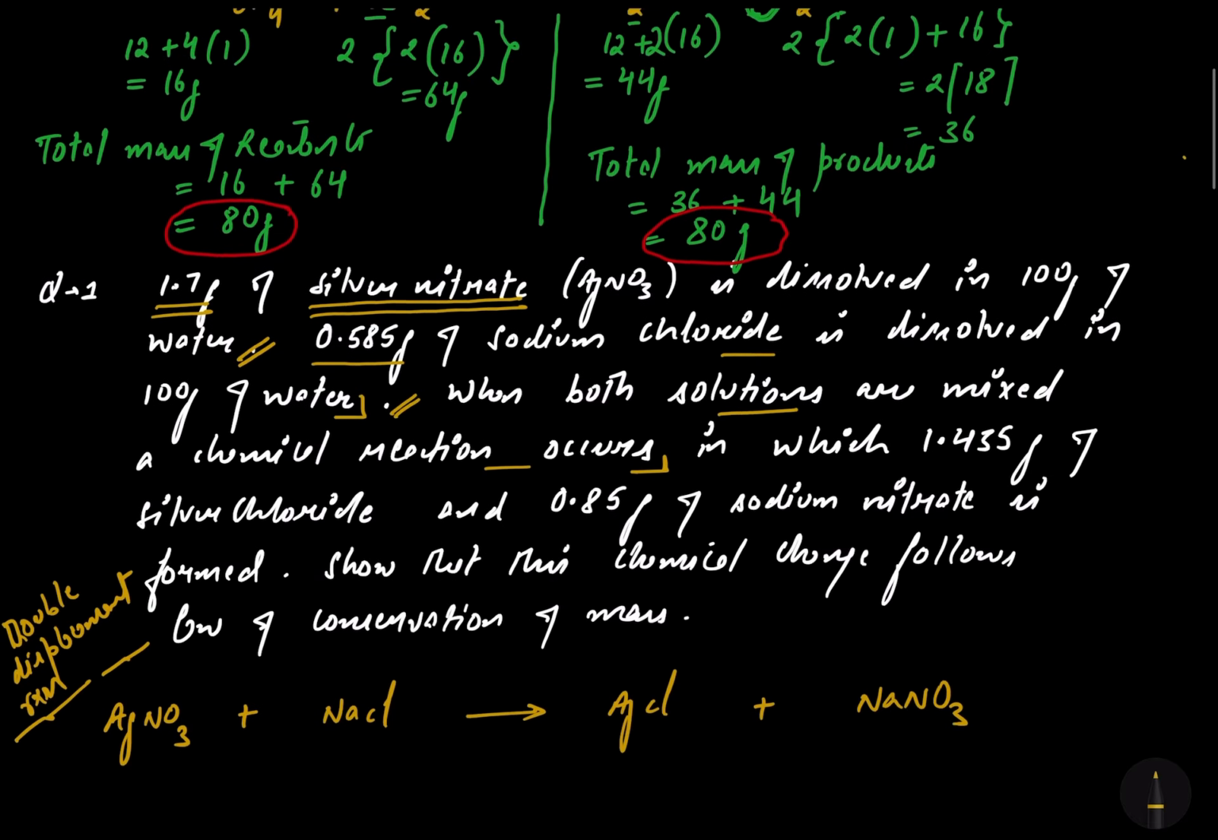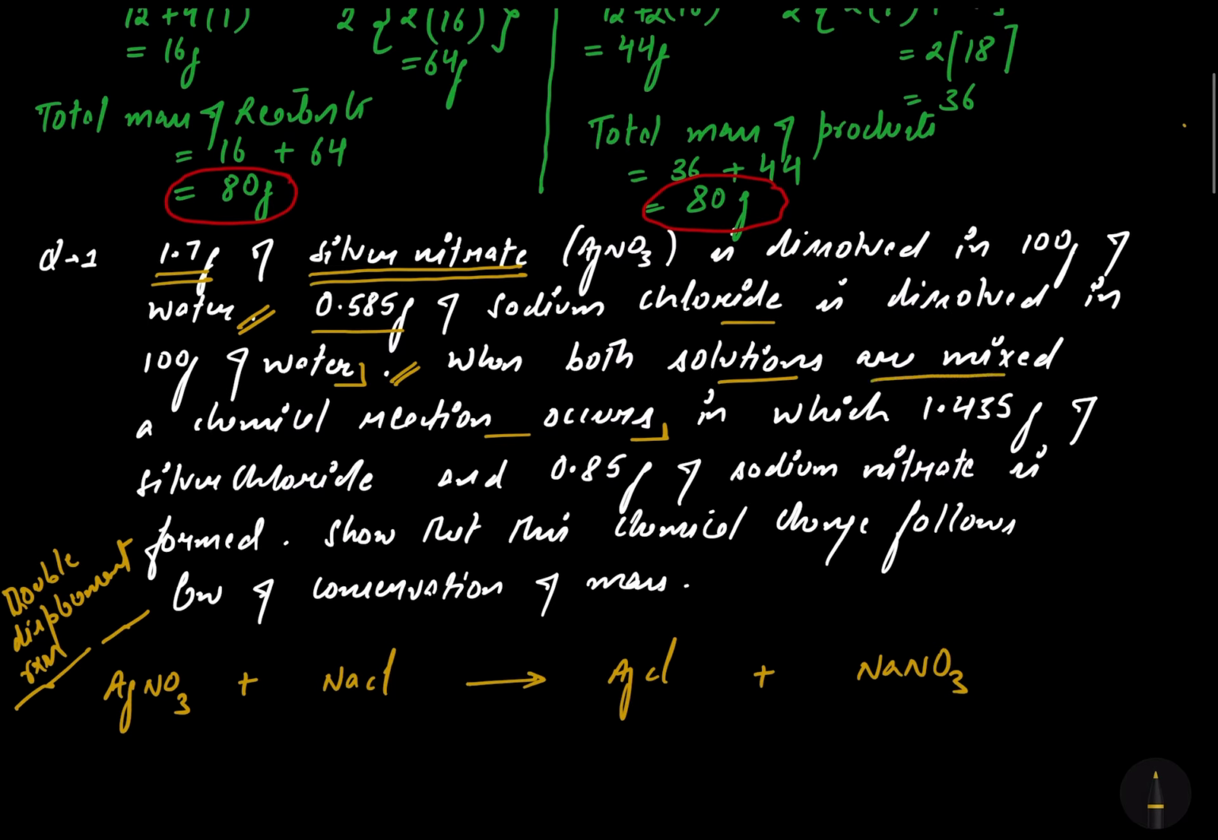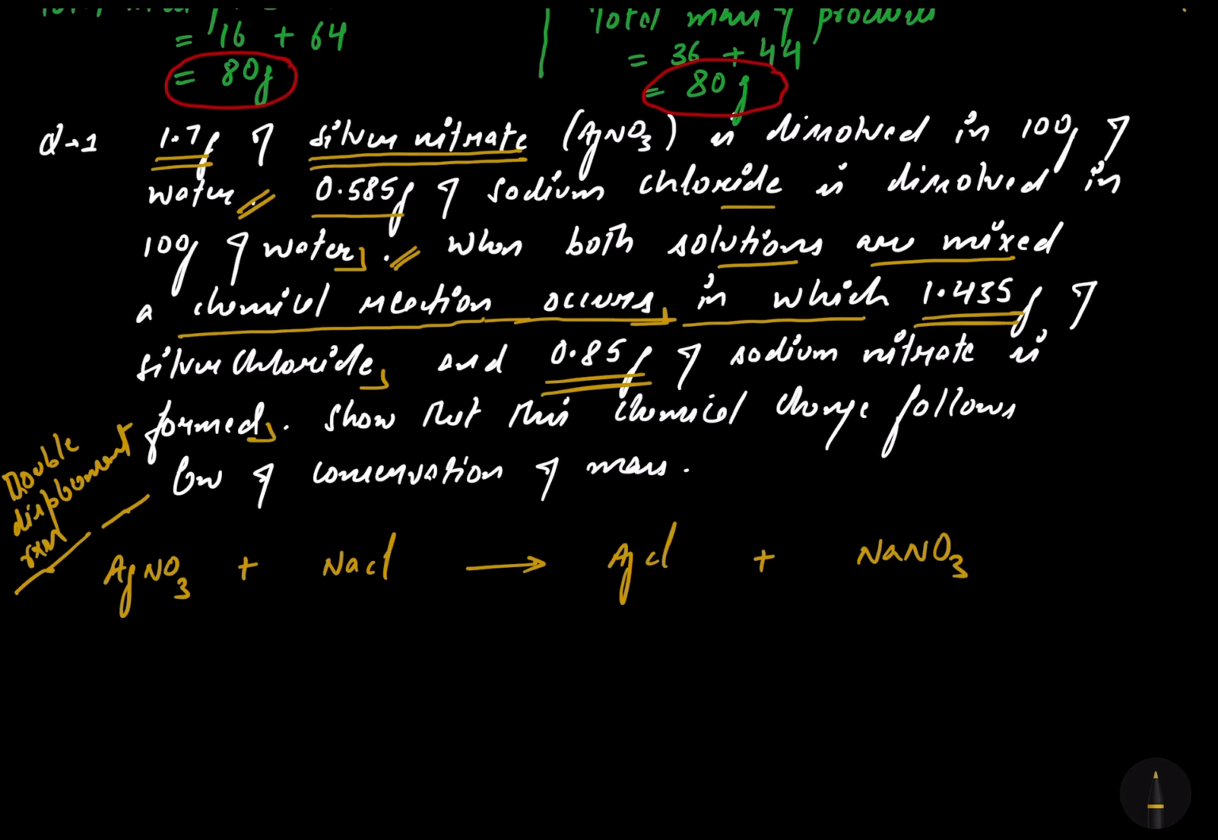Then I'm coming back to the question. When both the solutions are mixed, a chemical reaction occurs in which 1.435 gram of silver chloride and 0.85 gram of sodium nitrate is formed. So let me take an example. Let me take values of this. The silver nitrate is 1.7 grams. I'm writing 1.7 grams over here. It is reacted with